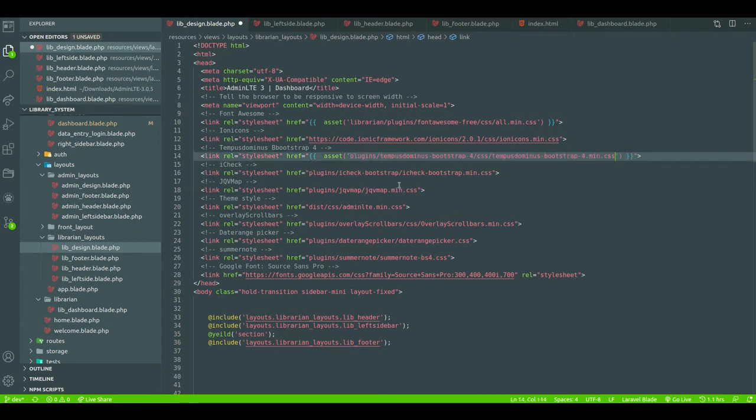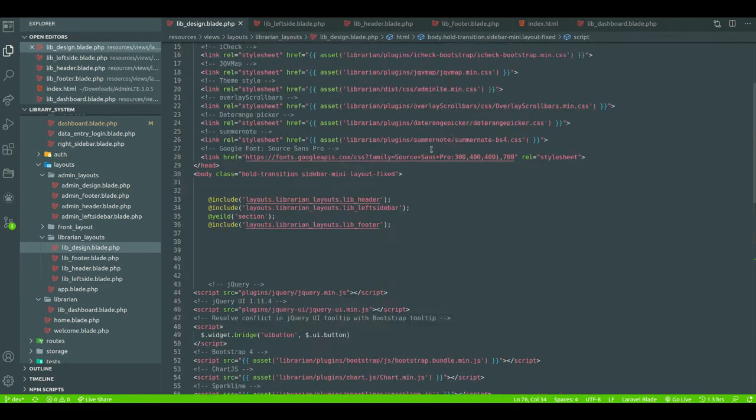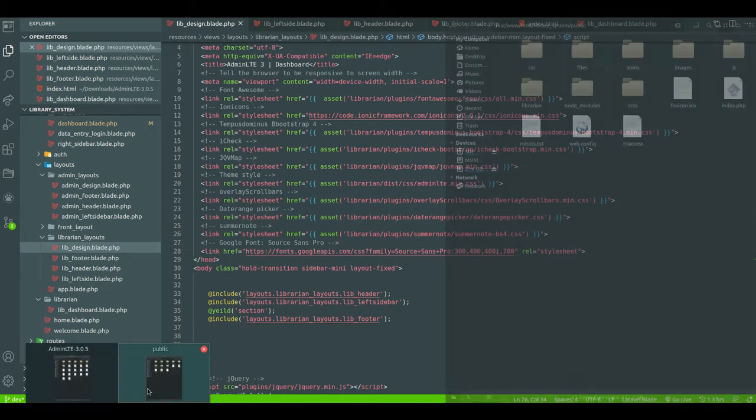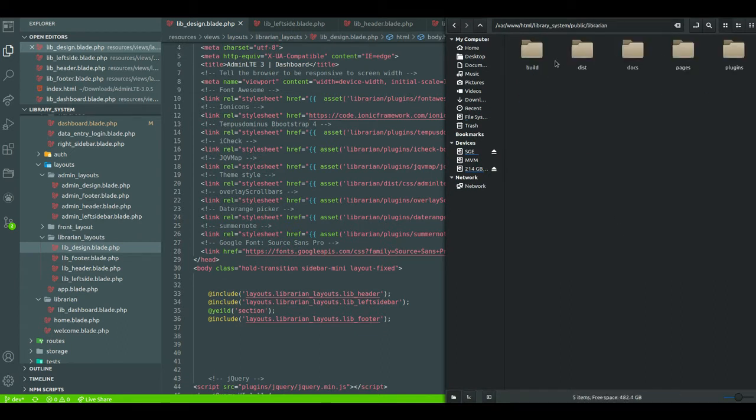I think you will do it, so I will skip the video up to all the modification in here. Okay, so my edit is done. Basically I modified all those paths. So our path is public, then librarian, then all those things.